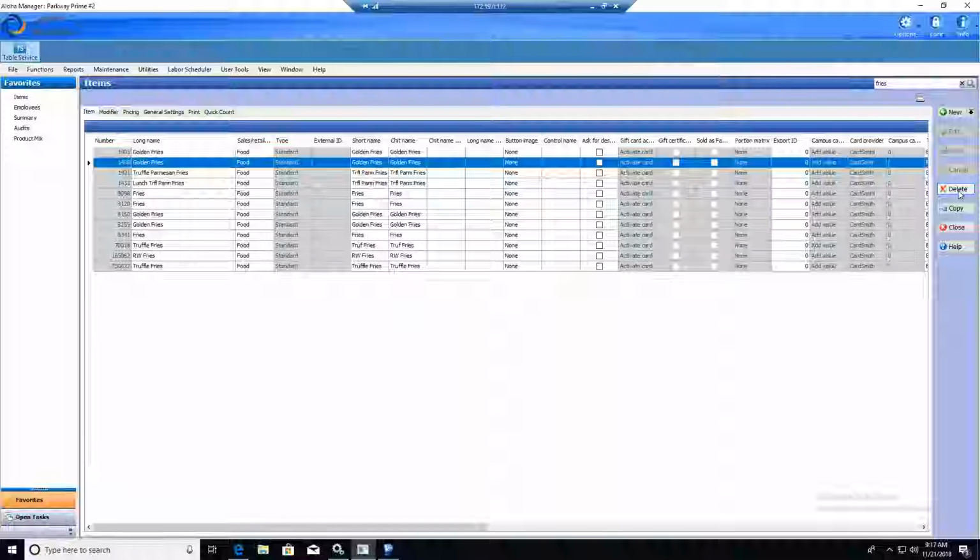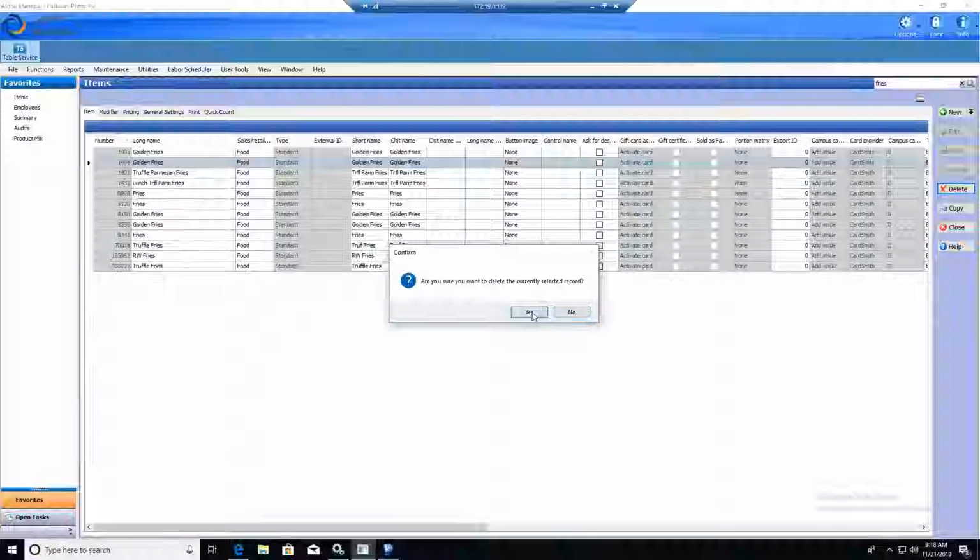If you've rung this up in the system and you delete this item, any refresh is going to crash your system because it won't know how to report on that item you deleted. So anything you delete, don't do a refresh. Let it go in overnight. Overnight will be fine, but if you refresh it and it was rung up that day, your system's going to crash. However, if you try to delete this now, and I'm going to choose yes,